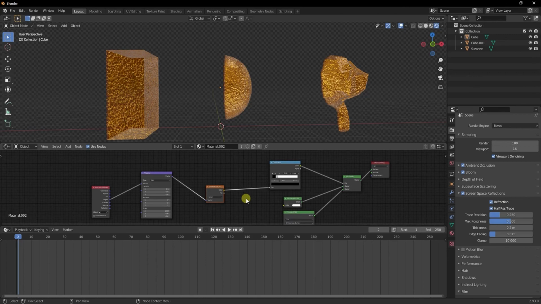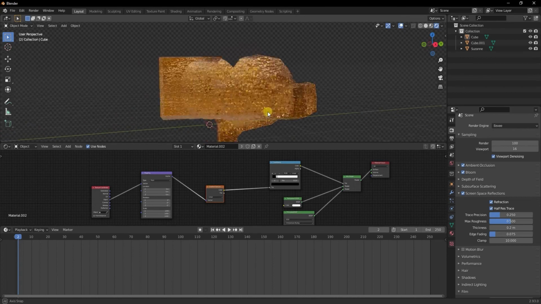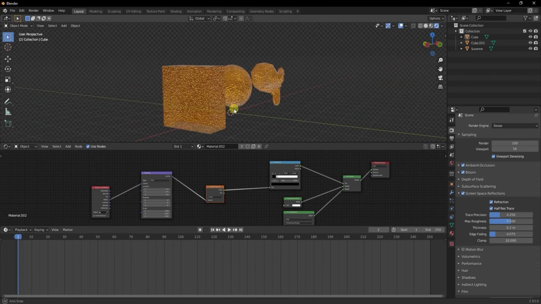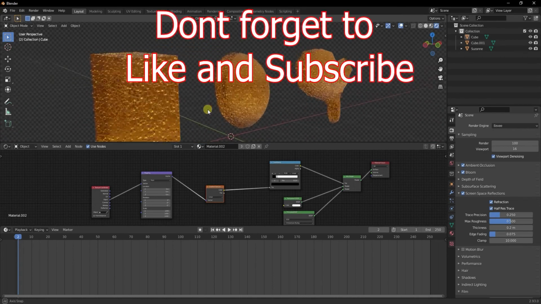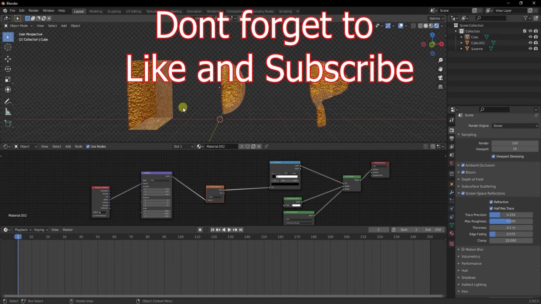So that's my suggestion. You guys can experiment anyways and try and see if you are able to create something different. And if you do create them, well, let me know and tag me, and I'll be glad to see